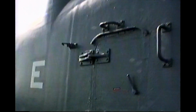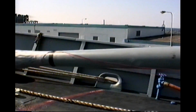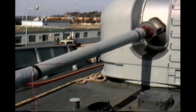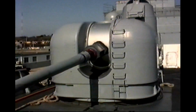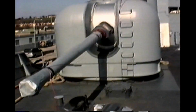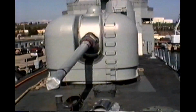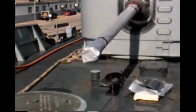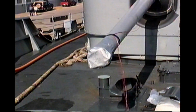This happens to be the big gun, the 5-incher, the mighty trunk. Right now, like I said, this is kind of a bad time to be doing a film because everything and its brother is shut down. But you get the idea, I'm sure. See, right there, that shoots 5-inch sized projectiles, big bullets. Now, if we go up here,